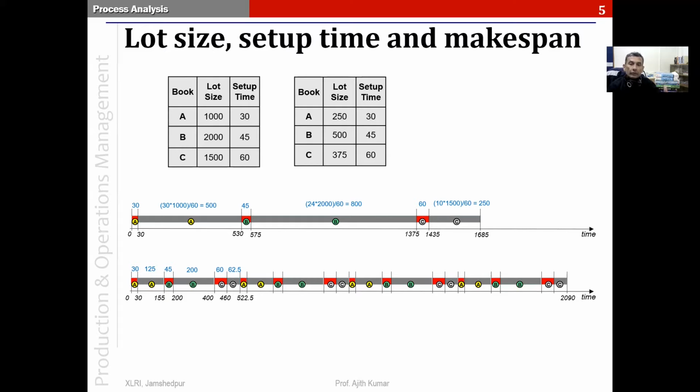So, for example, before we begin processing the first lot of A, we just need to have 250 units of A. Earlier, we had to have 1000 units of A because we were going to do the entire lot at one shot. So with 250 units of A, we can start processing, and next the 500 unit lot of B has to be brought in. So as a result, we bring in smaller lots, we process them, and then we finish the lot and dispatch it immediately to the packing section. So the total inventory that we are managing in that workstation area now has become 1/4 of what it was. So this inventory reduction is one benefit that we get by reducing the lot sizes.